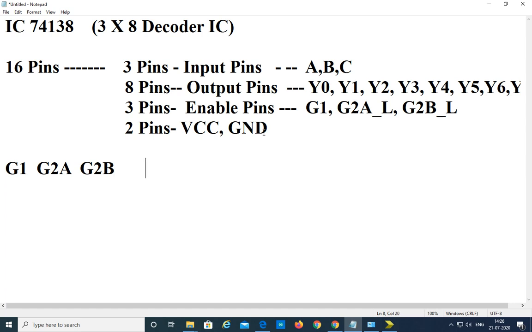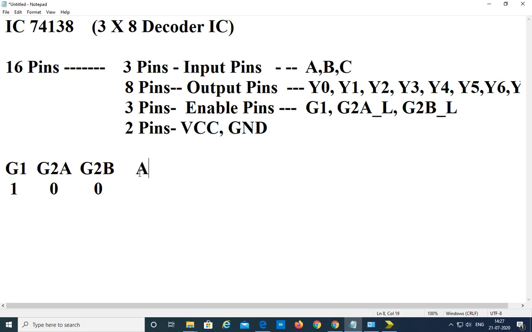Based upon these pins, the IC is first enabled. To enable the IC, we have to give G1 pin as 1. Why? Because G1 is the active high pin and G2A is the active low pin, that's why we are giving 0, and G2B is also active low, that's why we are giving 0 here. So to activate the 3x8 decoder, the combination for G1, G2A and G2B is 1, 0, 0.